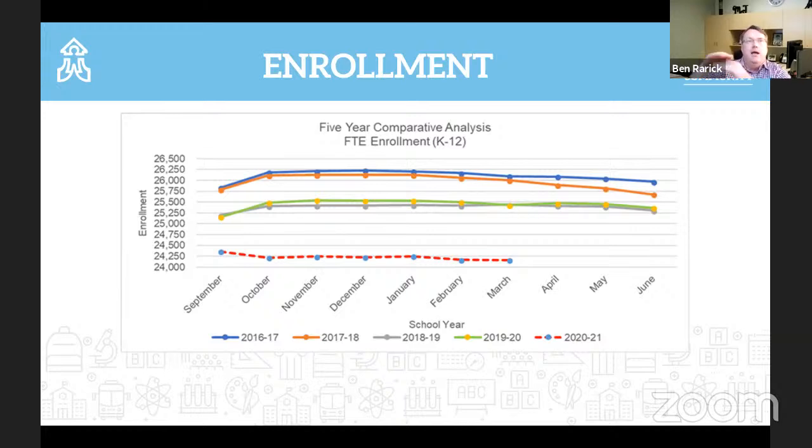So when I say I want to see that line going up, it's because I'm trying to project our revenues, but from a staffing standpoint, we're just preparing for the kids essentially to return. There's going to be individual exceptions in school, but generally speaking, it's not a cutting of staff. If anything, it's actually an enrichment. So I hope that puts some helpful context to it. Does that sound right, Jewel? Did I articulate that correctly?